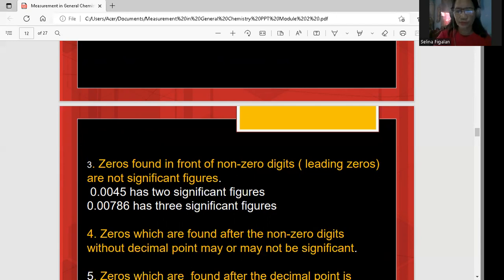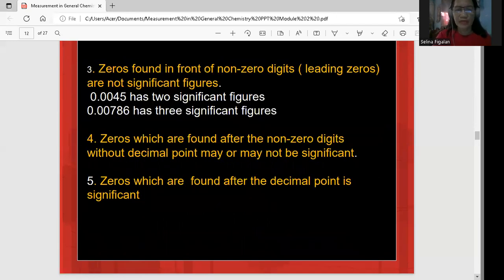Okay, with the rule number 4. Zeros which are found after the non-zero digits without decimal point may or may not be significant. So ito yung sinasabi ko kanina sa inyo class. Kasi pag ang zeros daw ay makikita after, pagkatapos like for example, 400, without decimal point may or may not be significant. Ito yung sinasabi ko sa inyo kasi understood daw yun na may zero doon. So pag 400, ang decimal point doon ay na after 0. Pero ang sabi kasi dito, without decimal point, may or may not be significant. Okay, so sa examples niya doon, di ba, naging